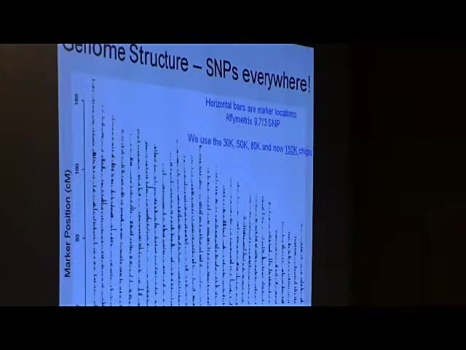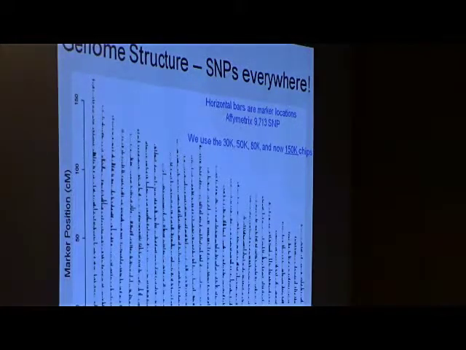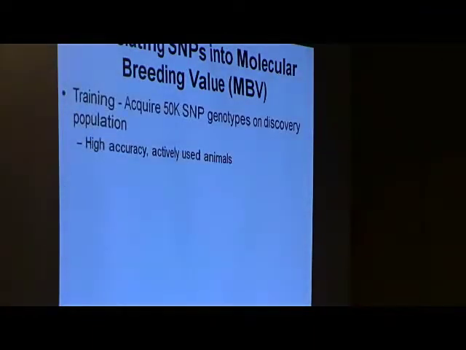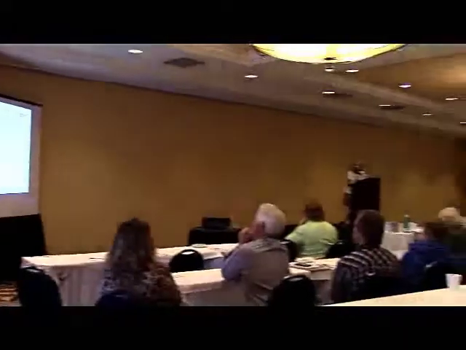Our low density test has 3 times that number of markers. Our high density test now has 150,000 SNPs included in it. So it's quite a bit of data. What do we do with that data? Well, thankfully there are very intelligent people like Lauren and Wade and Dorian and others who have found a way